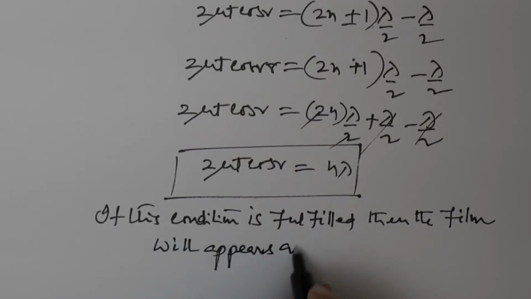Film will appear as dark. Okay, this is the methodology of finding a condition for bright film and condition for dark film. So in the beginning onwards, what you have understood, my dear students, strictly speaking, is the interference pattern observed in